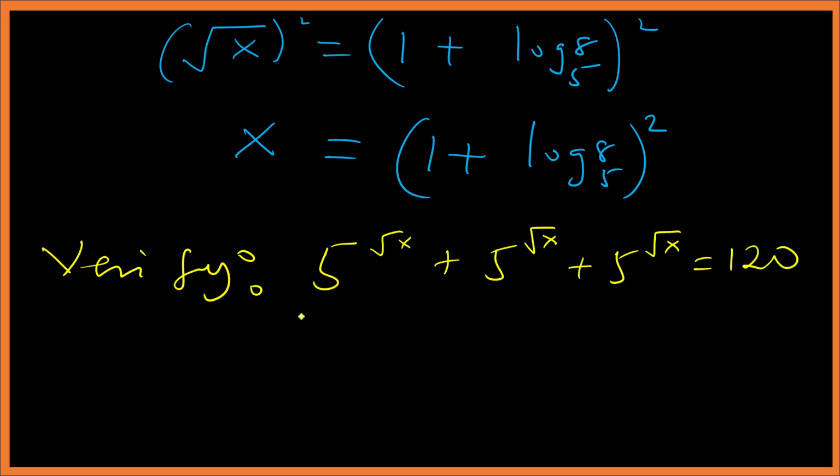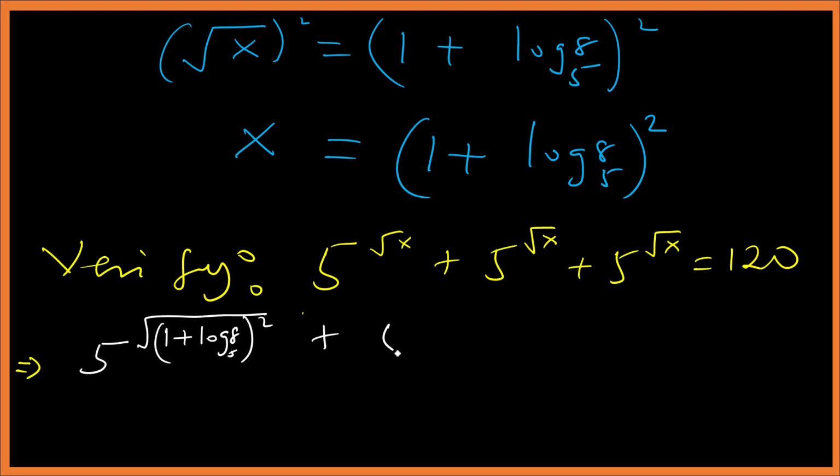So we want to verify if the sum of these three will give us 120. Okay. All right. So let's go. So this side will be 5 exponent, so we have root x as 1 plus log 8 base 5 all squared,